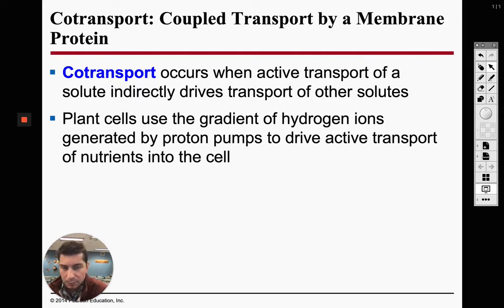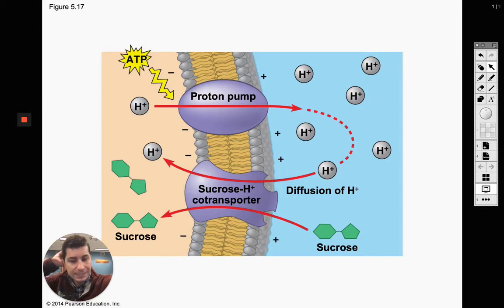So why do we need proton pumps? Well, proton pumps are going to help us with co-transport. And what this is going to do is it's going to help us to bring something else into the cell. So what we did with this proton pump is we pumped the protons outside of the cell. Okay? So what we're going to do is after we have that proton outside of the cell, that proton, which we just required ATP to use,